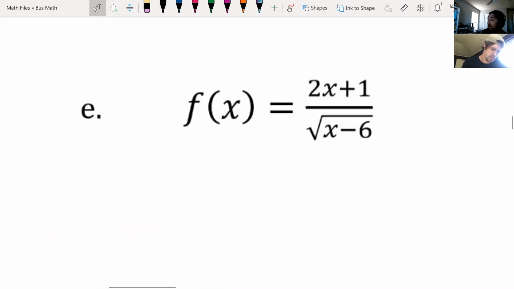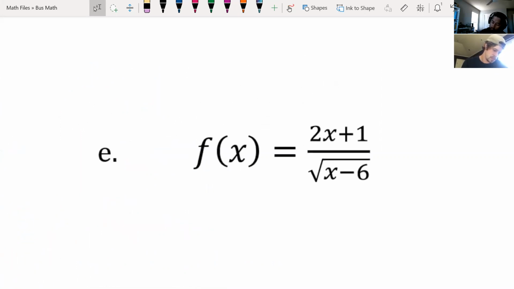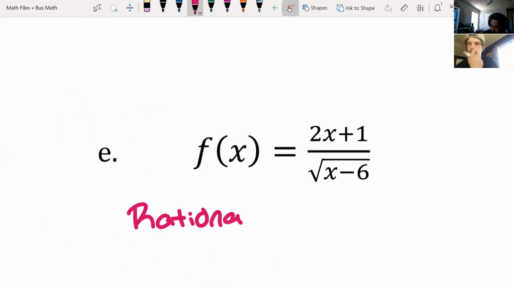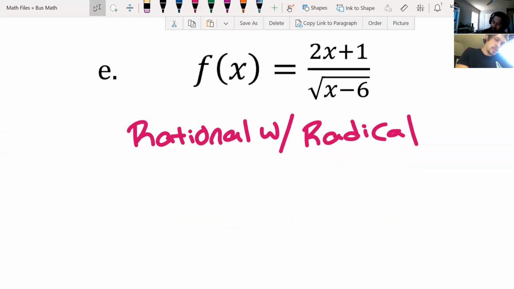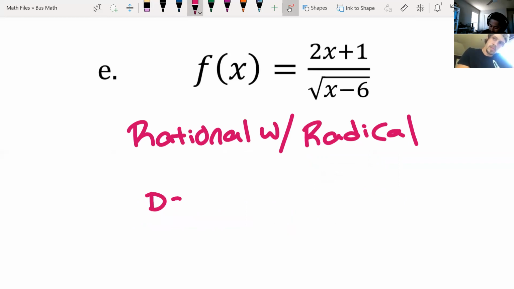All right, last domain problem. Well, look at this. We have a mixture of functions. Once again, we have a fraction, which we can claim as rational, but what's in my denominator? Well, just the type of function. It's a rational with a root, radical or root, whichever. Same thing. Okay. So now, when we find the domain of this function,